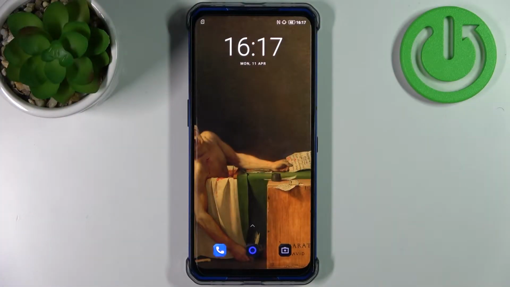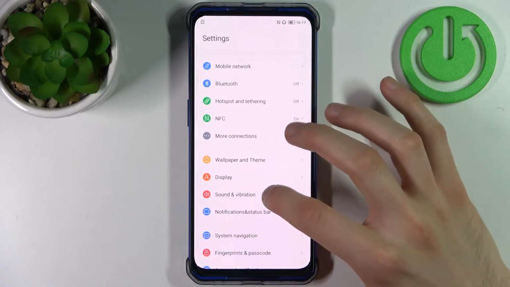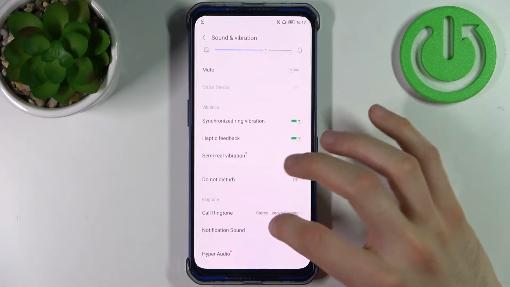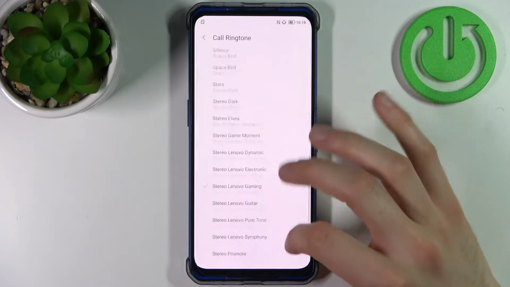I have a Lenovo Legion, and today I'm going to show you how to change the ringtone on this device. So firstly you have to open Settings, then go to Sound and vibration, Call ringtone. You can select one of these